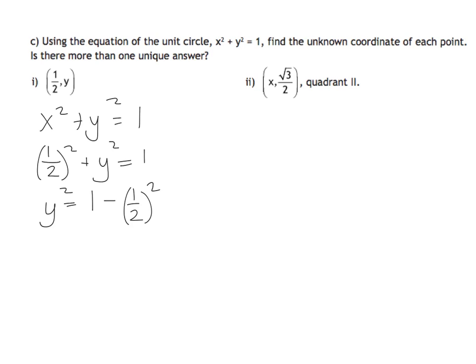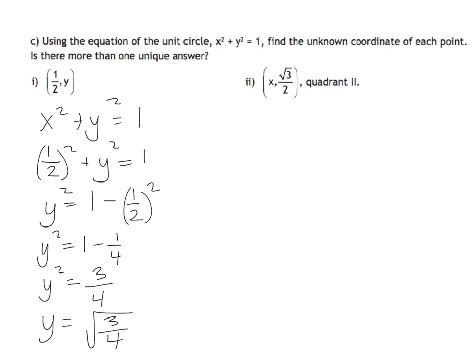What is 1/2 squared? One quarter, right? You can just square the numerator, square the denominator. So 1 squared is 1, 2 squared is 4, so it's 1/4. So y squared is equal to 1 minus 1/4. 1 minus 1/4 is 3/4. And then take the square root. But we need a plus minus there, right? Because we're square rooting that variable, y. So the y coordinate is equal to positive or negative